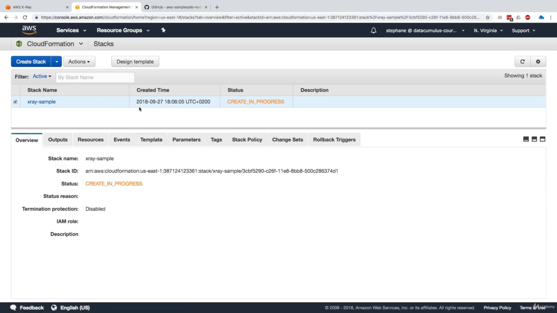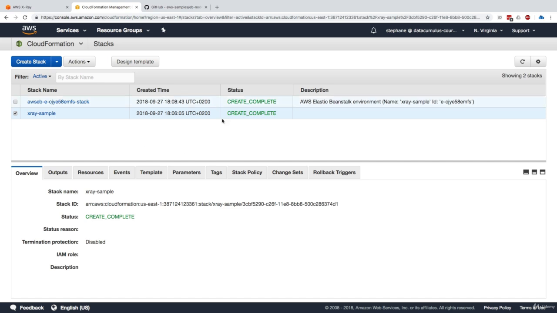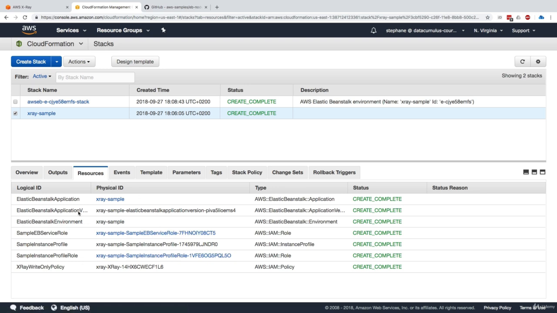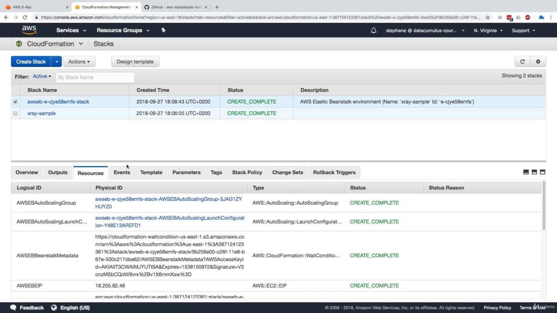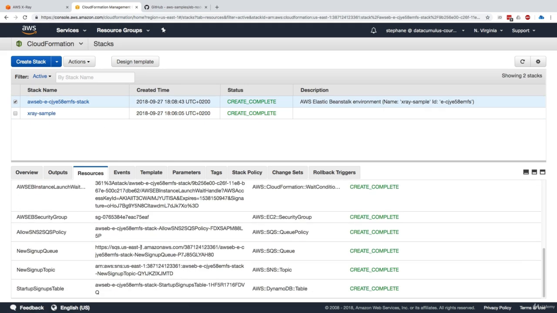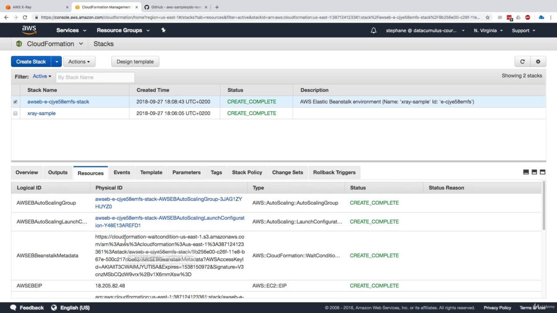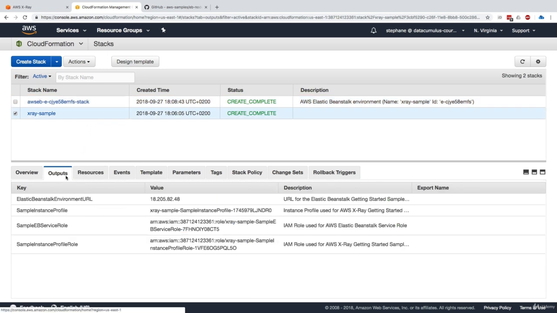So, per experience, this stack may take 5-10 minutes to create. So what I'll do is I'll just pause my video and get you back in 5 minutes. So now my CloudFormation template has completed, and we saw it just launched 2 CloudFormation stacks. And so if we look at resources, we can see it created a bunch of stuff in this stack and that stack as well. You can click in the details, but it created a lot of things, as we can see. Anyway, for us, we go to outputs, and the Elastic Beanstalk environment URL is what we're interested in.